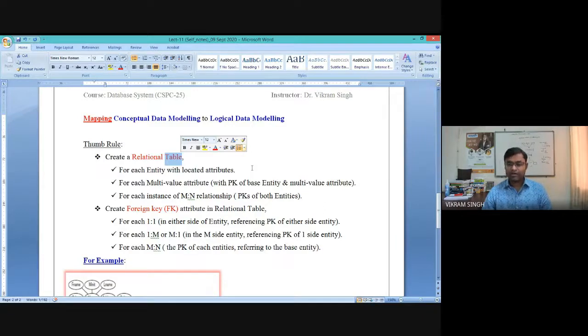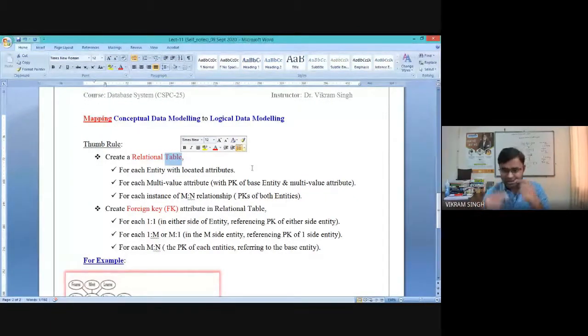We cannot have these 2 values in one single cell. So to resolve this issue, you need to create two tuples basically. So all the records will be repeated. So student number 1, name ABC, roll number 1, 2, 3, and likewise then the first contact number, and in the second row also we have to repeat all these values. Only this last value, which is the contact number, will be different, right?